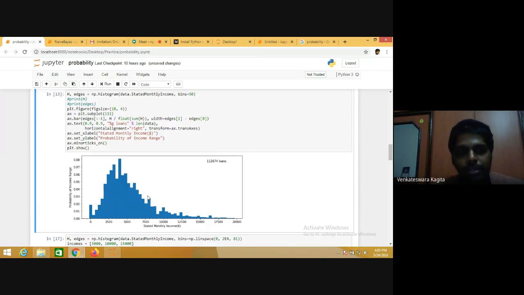So suppose the company or the government wants to provide some schemes for the people who have less than 2,500 stated monthly salary, then also you can get that using this, isn't it? And you can also calculate the tax, and various other things that you can do with this data analysis.